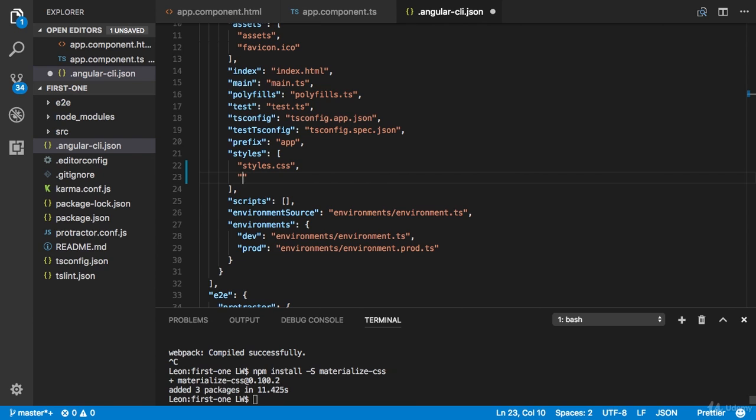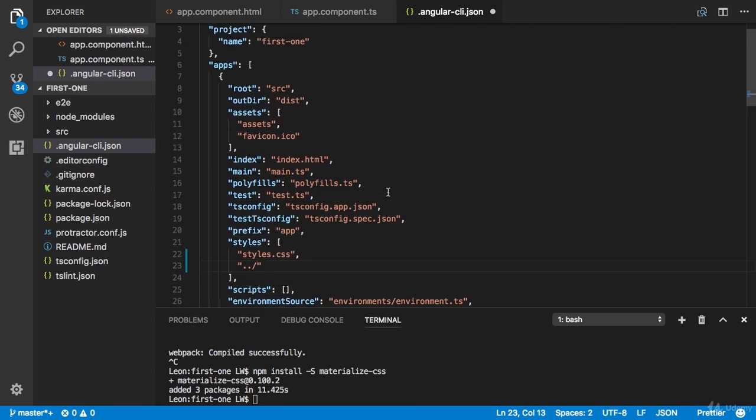So we're going to go up one because the root of this is source. So that means that I want to go in node_modules. Go to root, up one, node_modules, and then I want to go to materialize-css, and pretty sure it's in dist, and then css, and then materialize